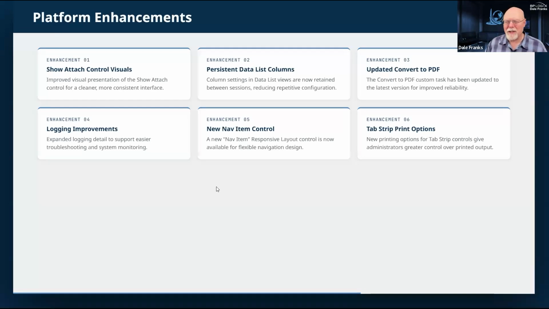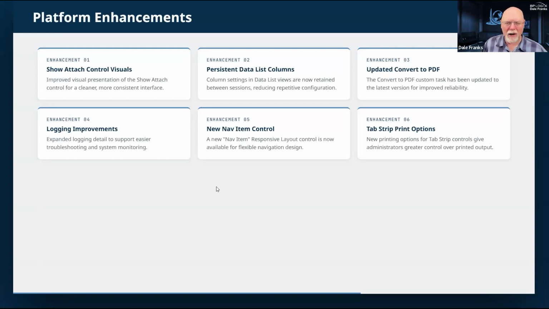It's one of those things in the product that there's no real right or wrong way to do things, and there's no way to satisfy the way everybody would like it to work, because there are advantages and disadvantages to each way that you might handle a particular situation. In this case, we've decided that it's probably better to make the columns in your data list control as persistent as we can.